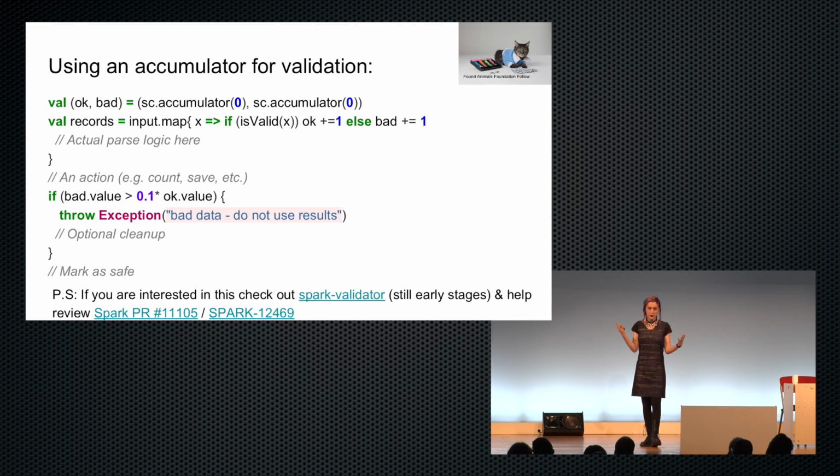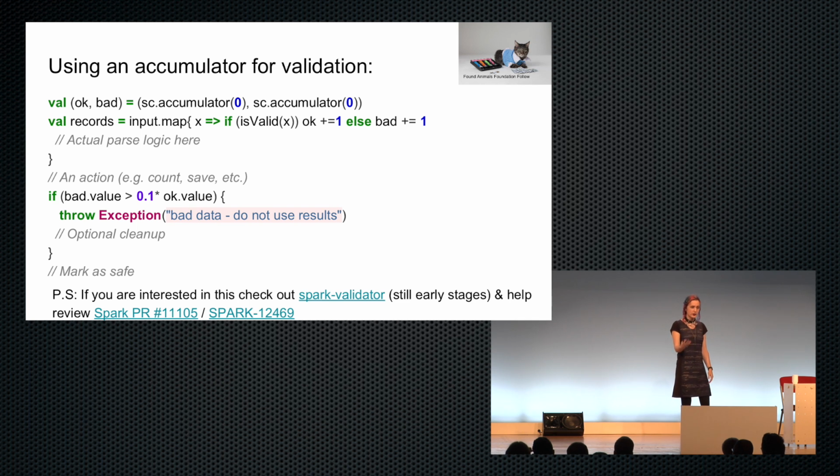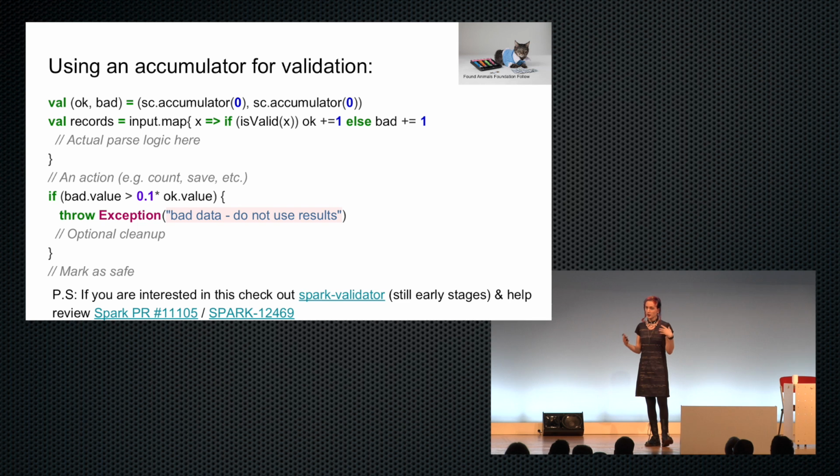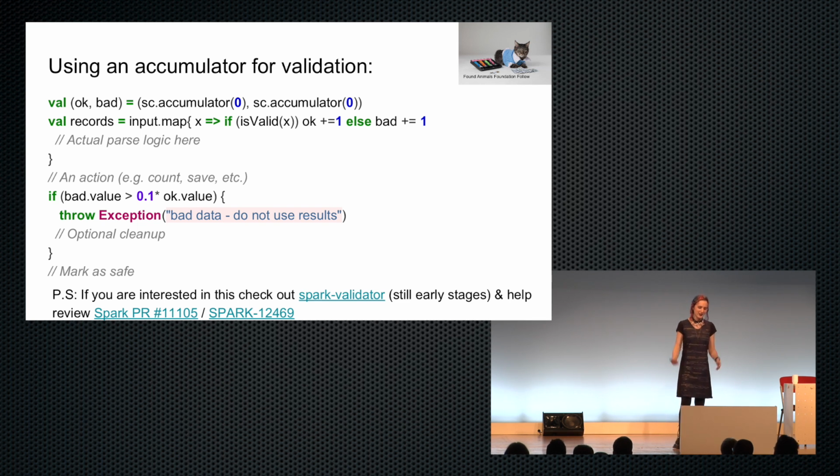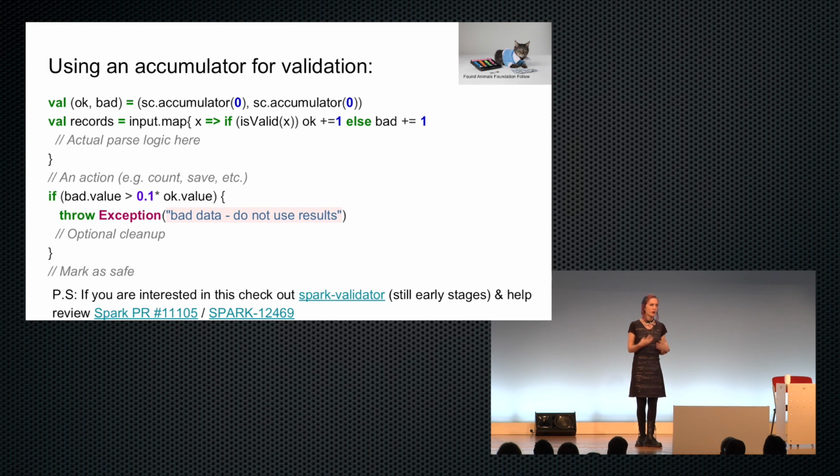If you think this is cool, there's an early stage project to make it easier to write these rules, especially the ones that look at historic data, so how your job's performed in the past year or 6 months or whatever. But it's very early stage, and you shouldn't use it in production. But I think it can be kind of a neat project. And I also have a PR out in Spark to try and make accumulators reasonable, so we don't have to limit ourselves to these relative rules. It's Spark PR 11105, and the JIRA is 12469, if anyone happens to be interested in seeing why accumulators behave kind of weird and what we can do about this.